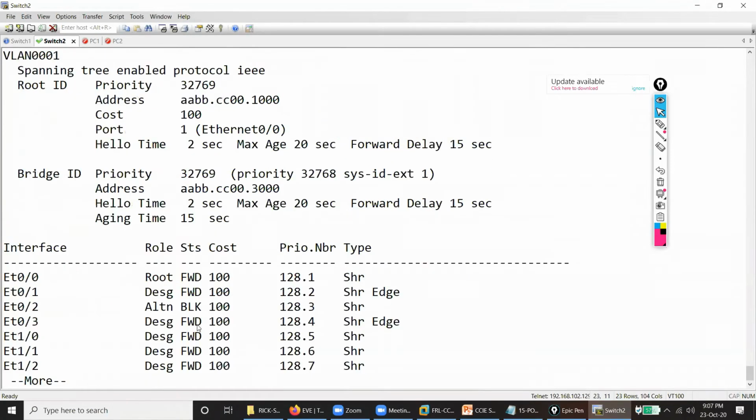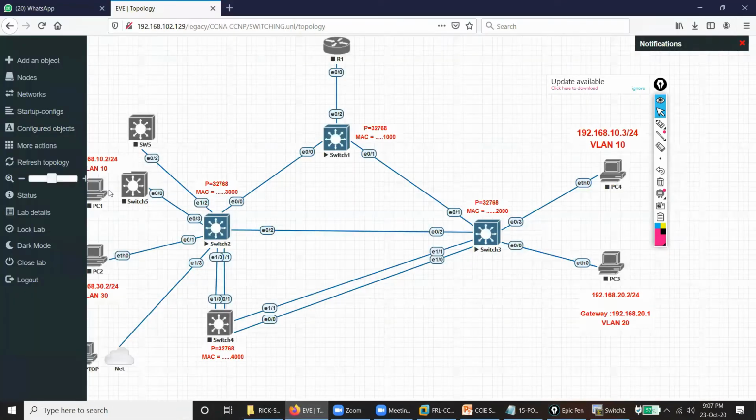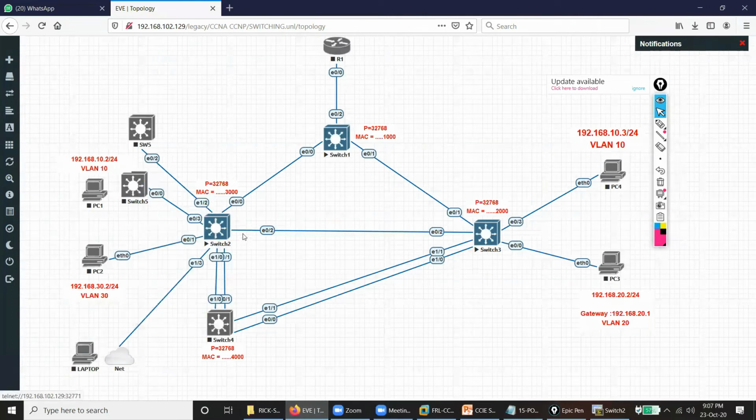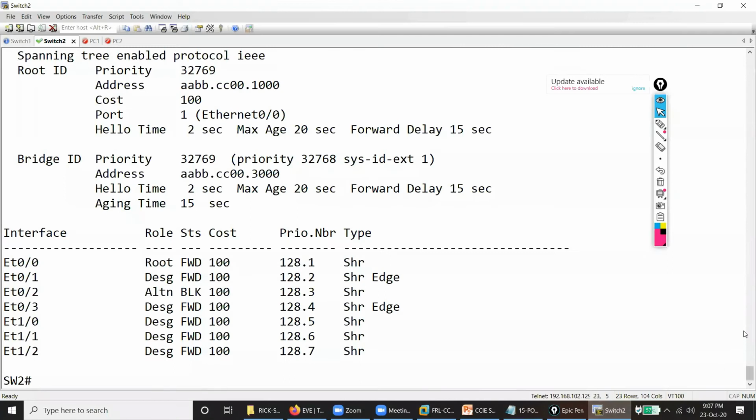Now you see I activate this switch. Somebody by mistake connects a switch on a port where Portfast is configured. What happens? Somebody connects a switch on the port where Portfast is configured and BPDU Guard is also there. Now this switch starts sending BPDUs on this port E0 by 3. As soon as this fellow receives the BPDU,